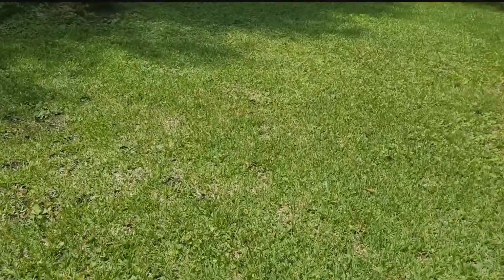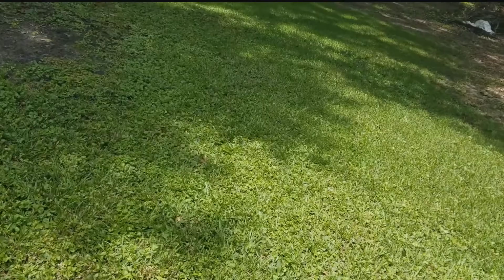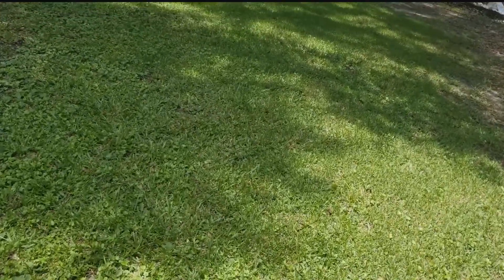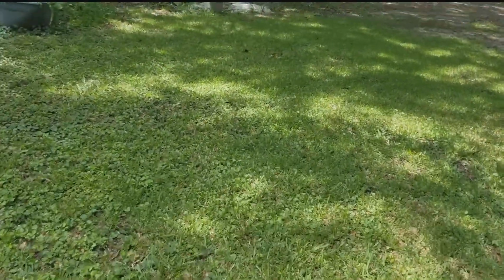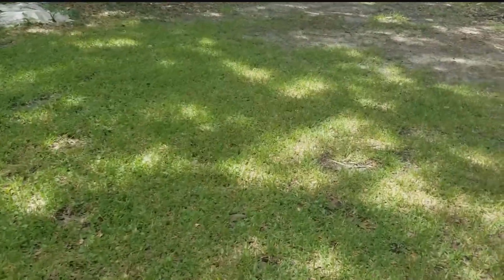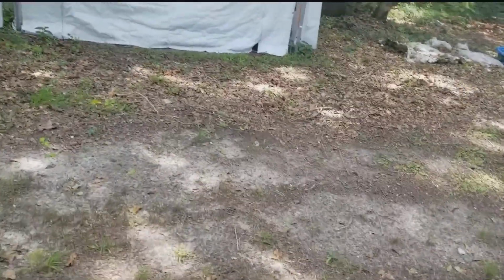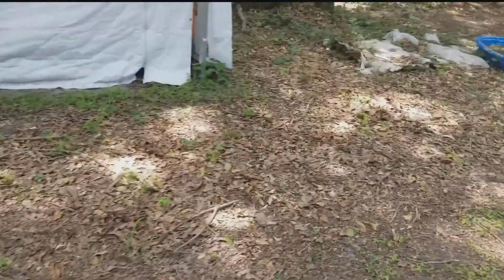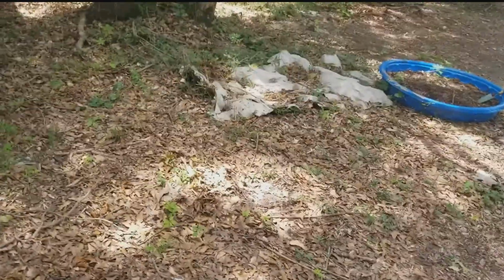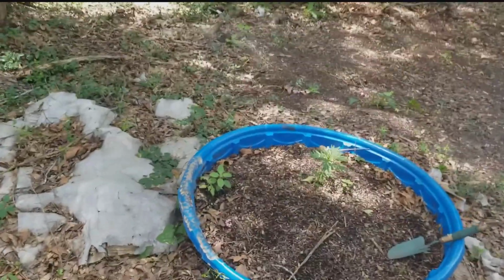Matter of fact, I'm going to try to speed it up and go back here and ask y'all something, because I done planted something. I don't know what I planted, and I've clearly never grown it before, and I don't know what it is. Maybe one of y'all will know what it is. Y'all bear with me as I walk down the back 40. I can't walk as fast as I want to. I'm a little sore. I left a trowel back here. Yes, I did. Anyway,